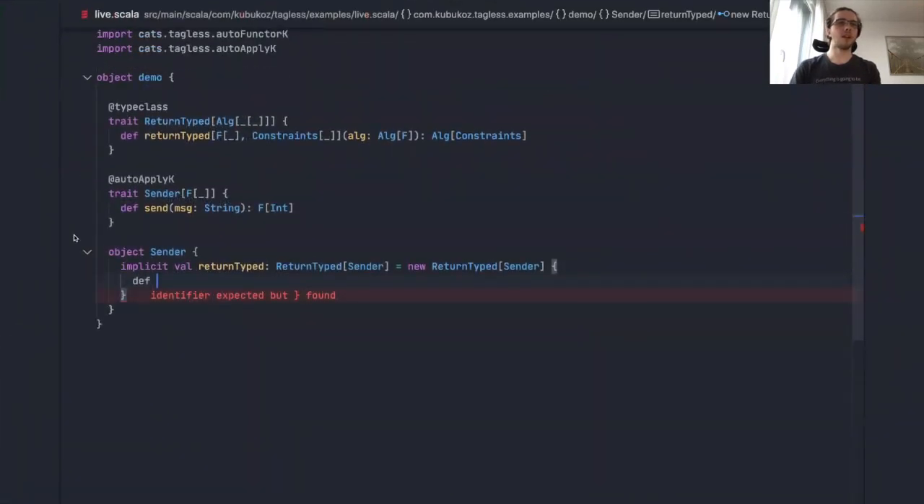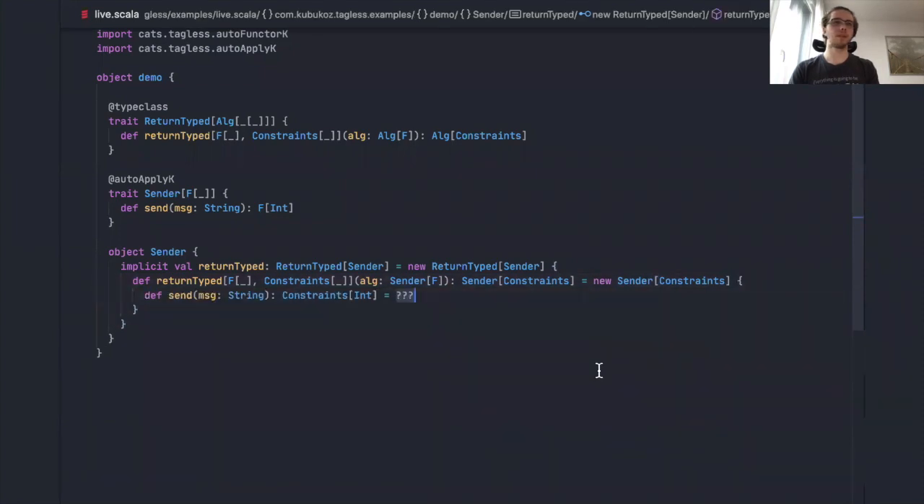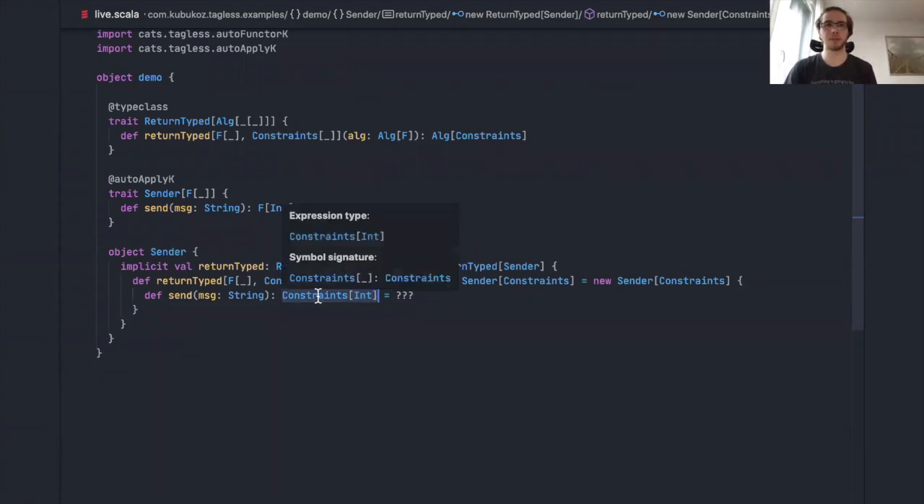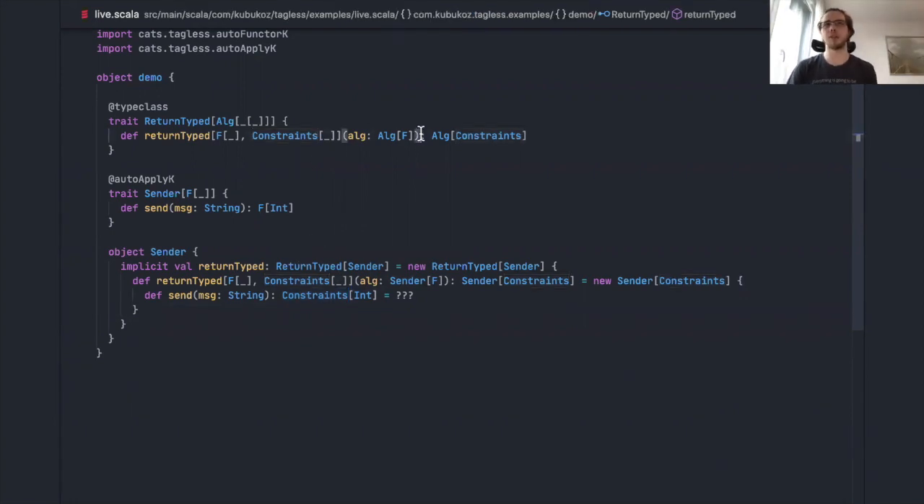And yeah, I need to implement this one method. So I'll create a new sender. And now I'm pretty much doomed. Like, I cannot implement this. I have no idea how to get constraints of int. I don't know what the constraint is going to be. It's going to be a monoid, it's going to be a show. So I'll need to customize the original